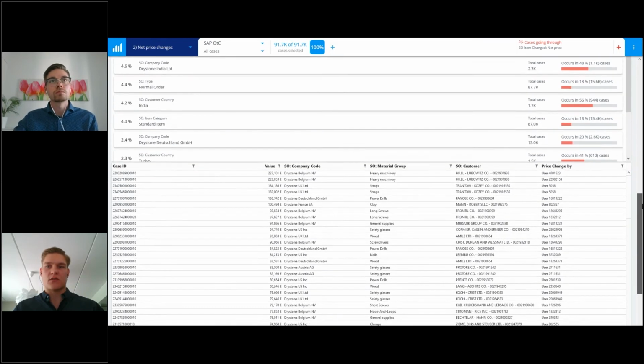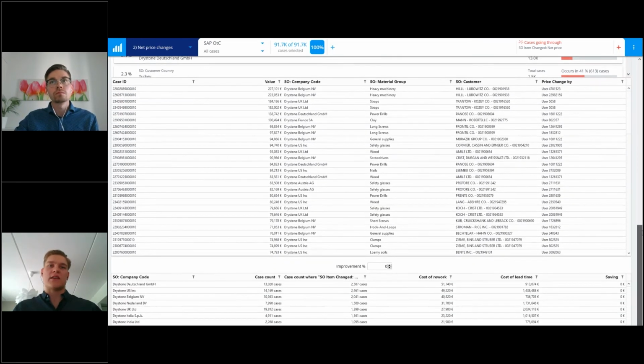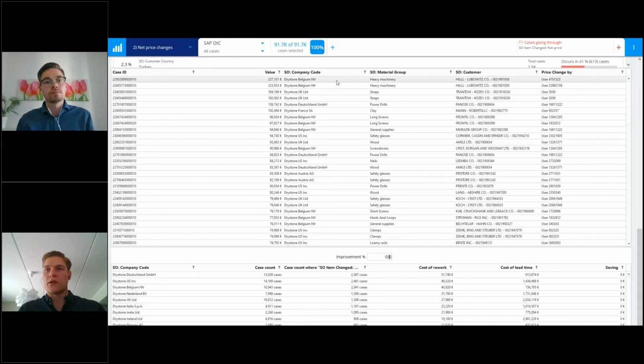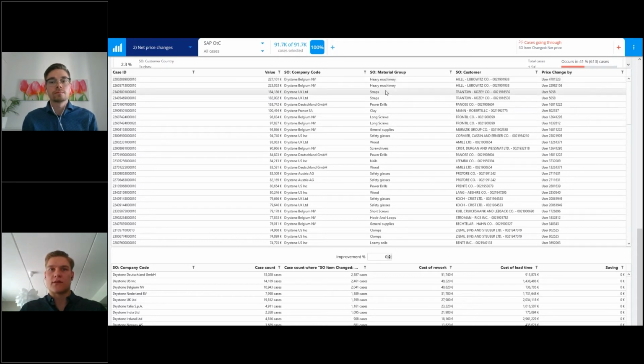And here we can also go deeper into the case ID, so basically the invoice level. So if you are trying to figure out why things are going poorly, you can easily identify the invoice number here and then contact the correct place and correct user,